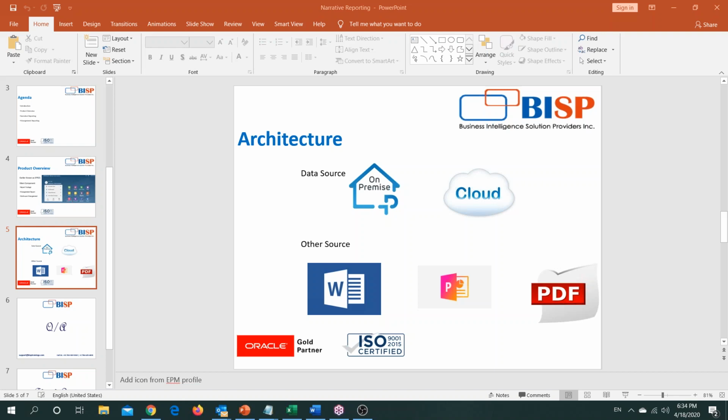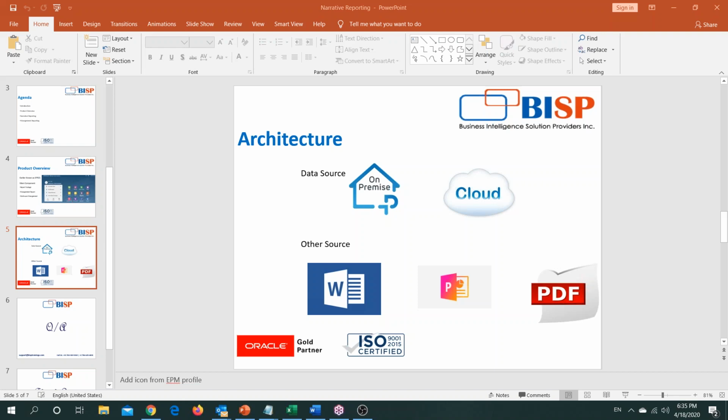The cloud being, it could be a planning application, it could be a consolidation application, and for data source it could be HFM or Hyperion Planning. Other sources of information that could be utilized for building a narrative reporting package could be a Word file, a PowerPoint file, or a PDF file.